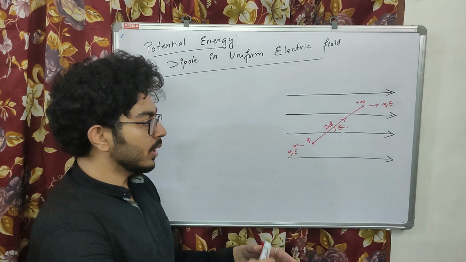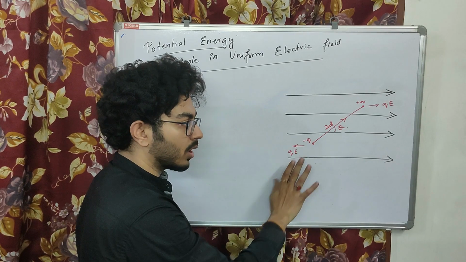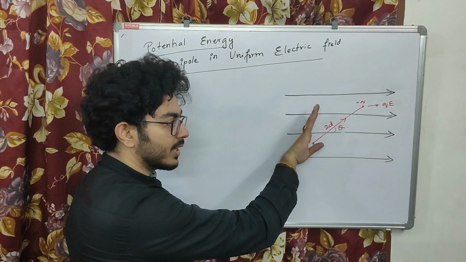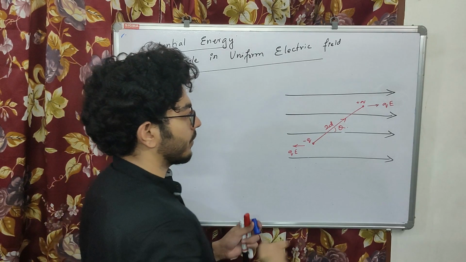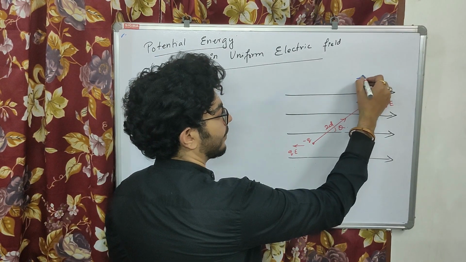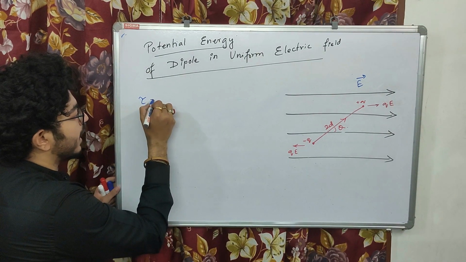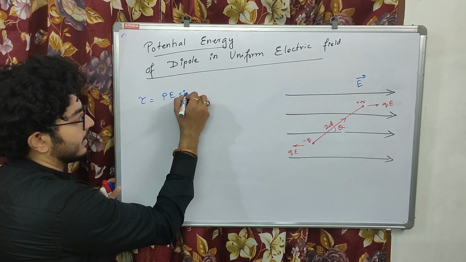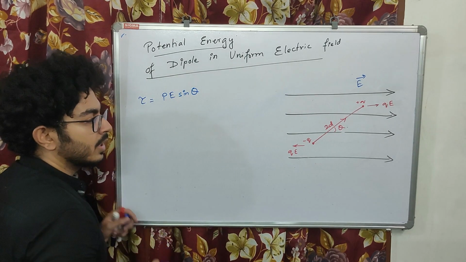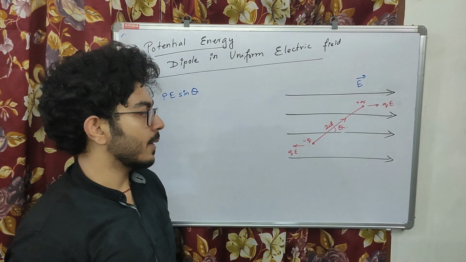Now we all know that if a dipole is placed in an electric field, it is going to experience a torque such that this electric field is going to align this dipole to its direction. So here the electric field is given as E. This is the force, we all know that. So the torque experienced by the dipole is PE sin theta. This is all we know from the previous chapter, it is clear to everyone.